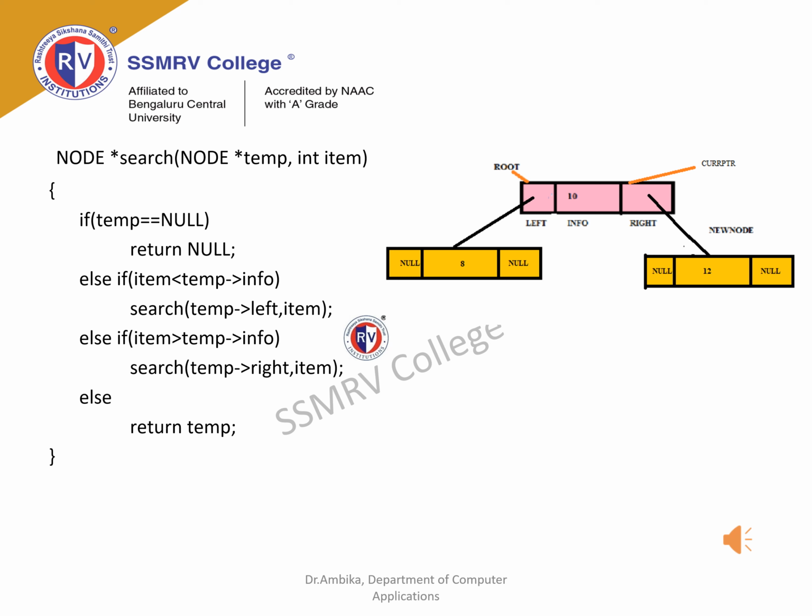When the search function is called, the pointer to the root and the item to be searched are passed as parameters to the function. Let us assume that the number to be searched is 8. If the statement is evaluated as temp is not equal to null, the else if statement would be evaluated. The first else if statement turns out to be true and the search function is called. As the else statement turns true, temp is returned to the main function and the item found statement is displayed.